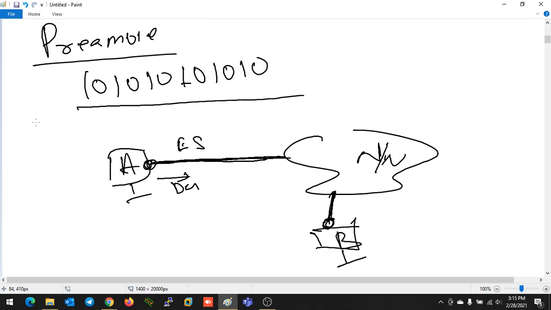At the starting of the layer 2 frame, before the Ethernet header and data packet, it will attach some information like 10 10 10 10 10. So when device B is going to receive any packet or any data, whenever converting to bits, if it finds the first 56 bits as 10 10 10 10 10, then it will understand this is a data packet. This is not any other packet, this is only a data packet. So it can accept that one, thinking that it's a data packet.